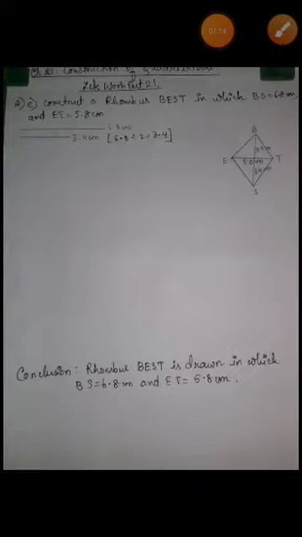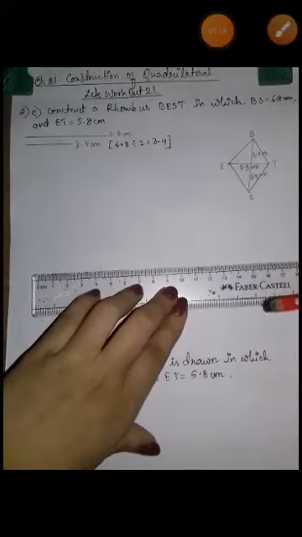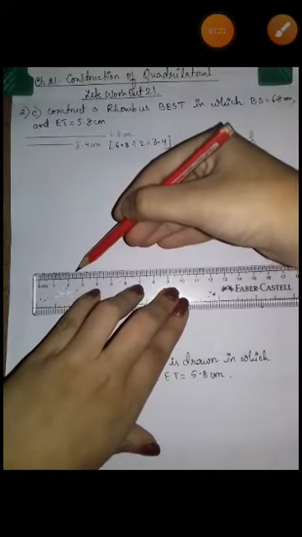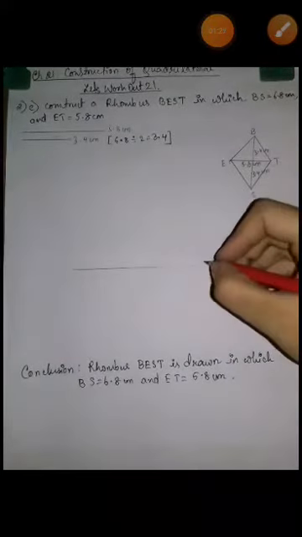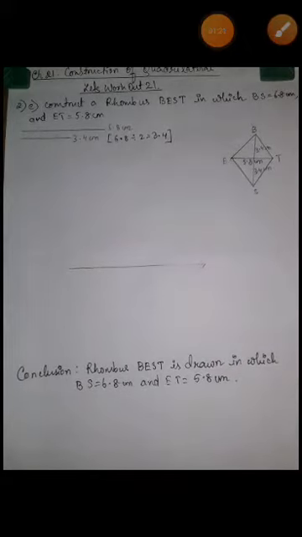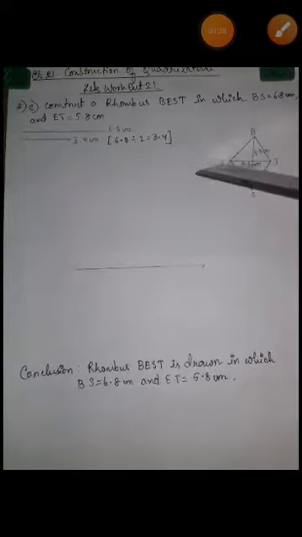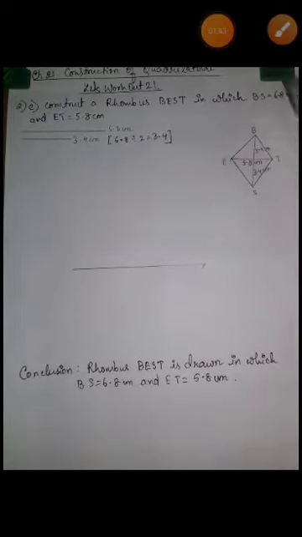At first, we will have to draw the base. We are going to draw the baseline taking any measurement. That means we are actually drawing a ray over here. Just draw the base ray. So here you can see that a ray has been drawn. Now here we will have to consider this ET as the base, because here the lengths of the two diagonals are given. I have drawn the rough diagram for convenience. So we are drawing this ET as the base, okay. So this is of length 5.8 centimeter.